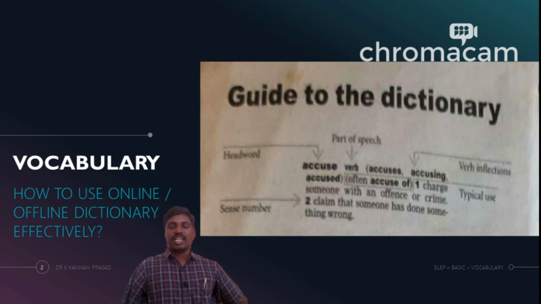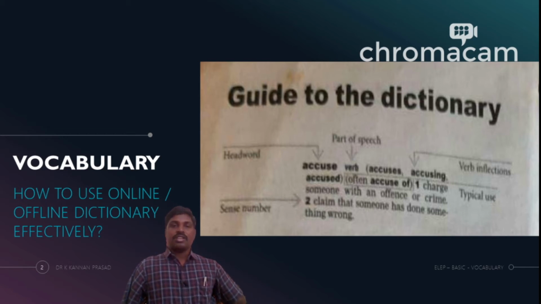So let us read the meaning here. Charge someone with an offense or a crime. Now, if you know the meaning of the word even before we saw it here, you would understand that we use the word accuse in the meaning charge someone with an offense or a crime. So a dictionary not just alphabetically lists a word, it also lists meanings in such a manner that whichever is the popular meaning of the particular word is given first.